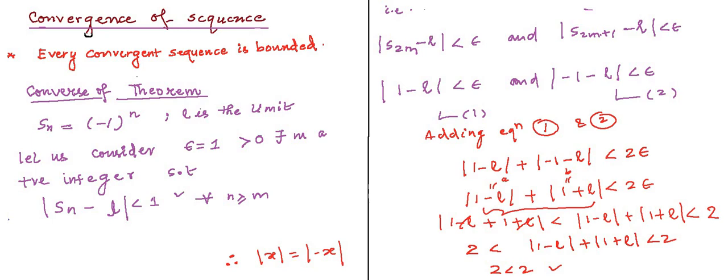And that's why stating that the bounded sequence is convergent is not true. That's why not all bounded sequences are convergent. The converse of the theorem is not true. This also gives rise to another theorem, which states that a sequence cannot converge to more than one limit. And if it is converging to more than one limit, we can say that it is not convergent. In our next class, we will be seeing other theorems regarding